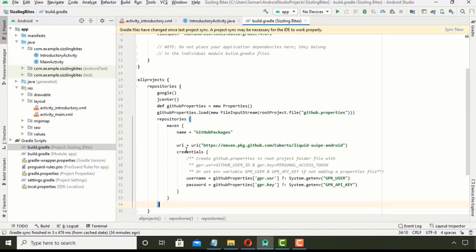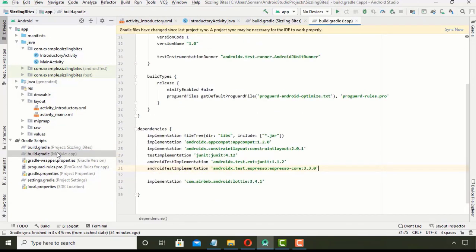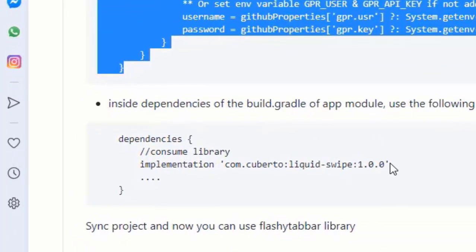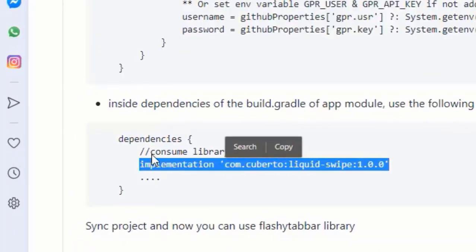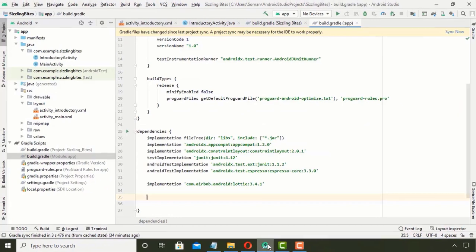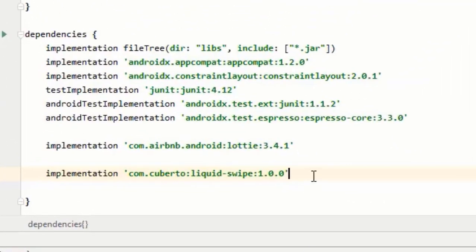Now go to build.gradle module app and copy this dependency, this one, and paste it here.